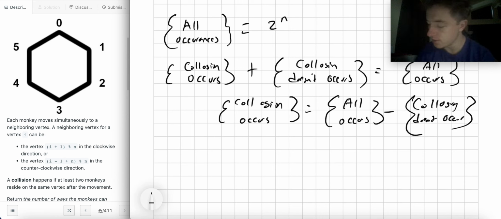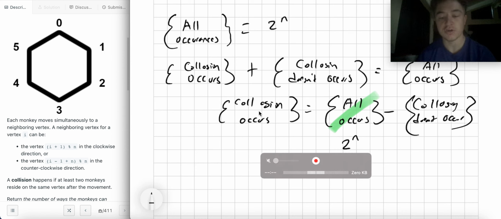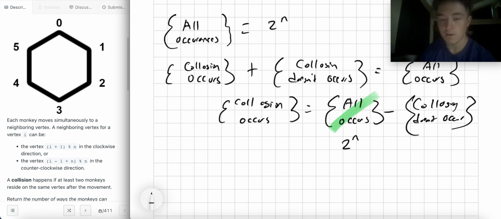And we already know this information here, that is 2 to the n, right? Because that's all possible occurrences, and we used a little statistical formula to find that. So now we just need to think about the number of ways a collision occurs, which is the number of ways that all occur minus the ways that a collision doesn't occur. So how can a collision not occur? Well, when we look at this system,